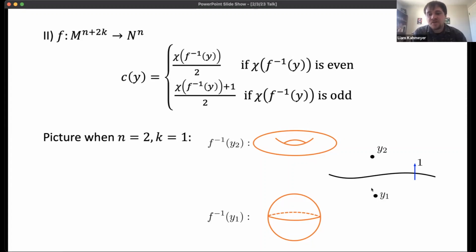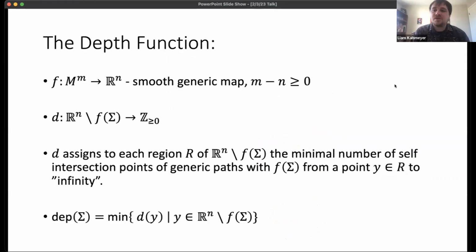And as I cross the fold curve of index 1, this corresponds to attaching a 1 handle. And if you attach a 1 handle to a sphere, you get a torus. The torus has Euler characteristic 0. Divide by 2, you still have 0. So the chessboard function in this picture would go from 1 to 0. You can see it differs by precisely 1. Again, this isn't proof, but it's understanding by example here. This is a very important example,